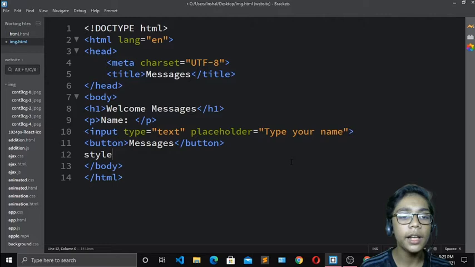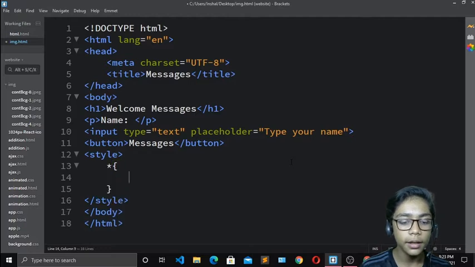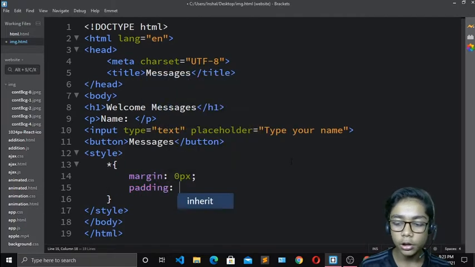So I will write the style tag for writing my CSS, and I will press tab. Come over here and first write this tag, and write margin which should be 0 pixel. Padding I will also define 0 pixel.